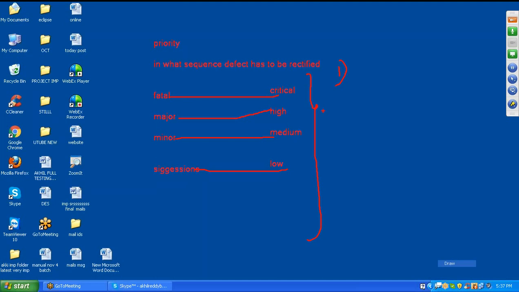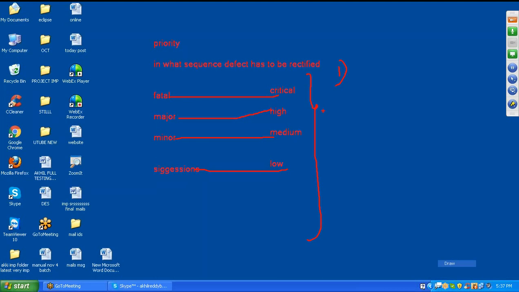Minor means look and feel. For example, you are going to see a girl for marriage. At that time, totally you will concentrate on which one? You will concentrate on the girl, whether the girl is good or not.